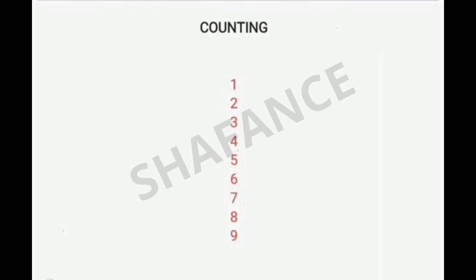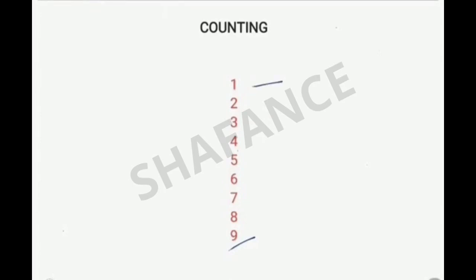In this video, we are going to get started with the number system. So let us first see the counting. The counting starts from 1, then 2, then 3. So in this way, we have till 9. So the main thing regarding this number is representation. The number of figures represent the count.